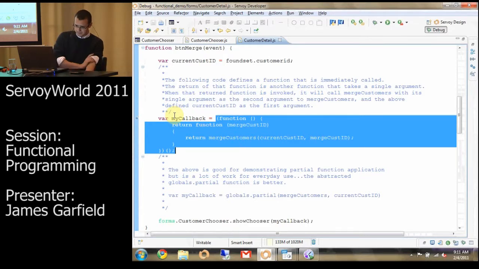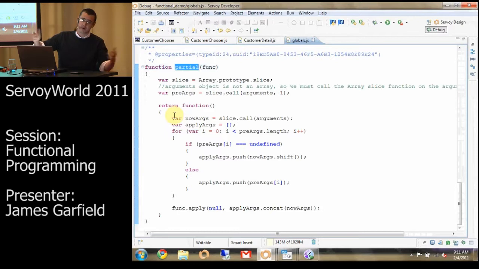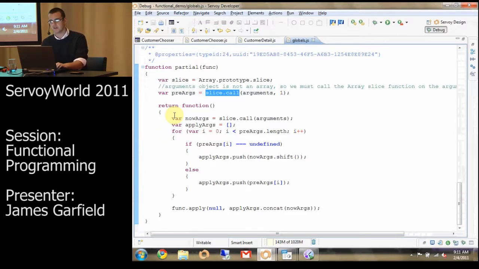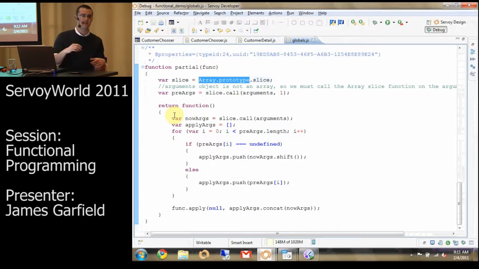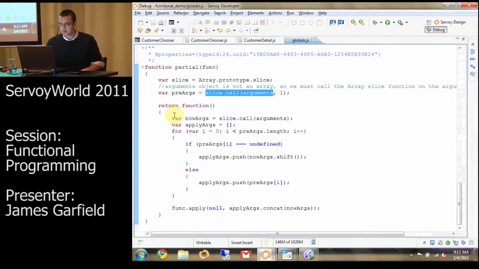It's a little complicated, but you don't really have to know, you don't have to look at this all the time. It works for everything. So if you've played around with arguments at all, you know it acts like an array, but it's not really an array. So what we're doing here is we're getting the slice function away from the array object, and we're telling it to use this function, but use it with the arguments object. And that's kind of a way of getting around the fact that arguments doesn't have slice. So what we do here is we get all the arguments except the function,